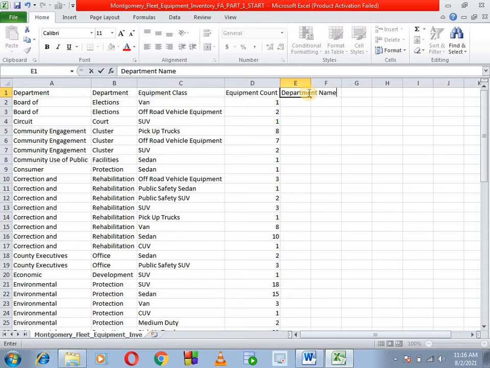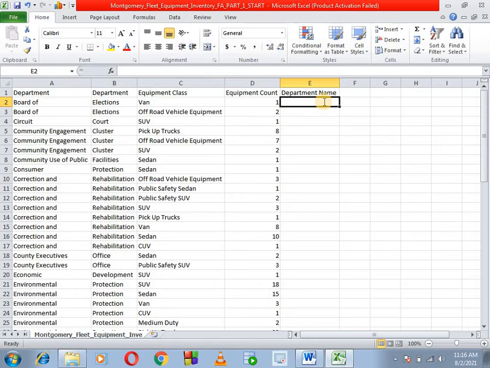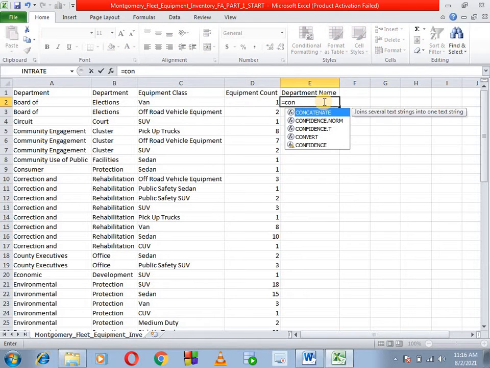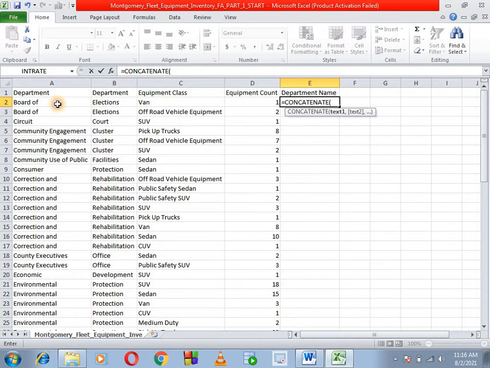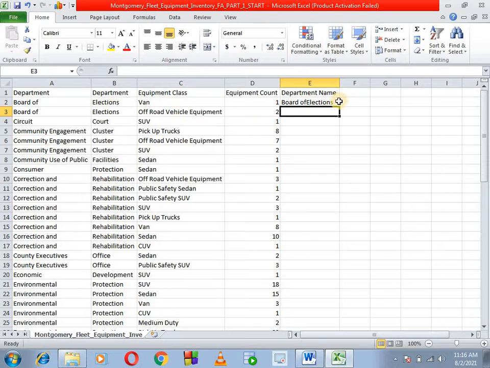Department name. So I have to use the concatenate function here, and concatenate this column and this column, and then do the same for the other rows.